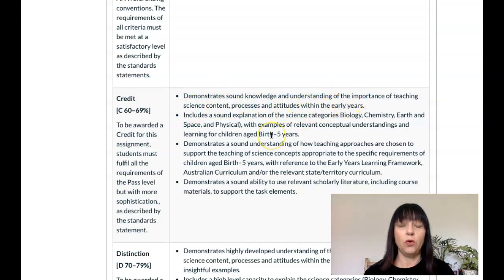The first dot point in all of them is about science, content, processes and attitudes. So I would just briefly like to discuss that with you. So really you're doing a summary of the importance of teaching science, content, processes and attitudes. You're addressing the topic, which is management wanting to withdraw science from the early years curriculum in a hypothetical learning centre, you could name